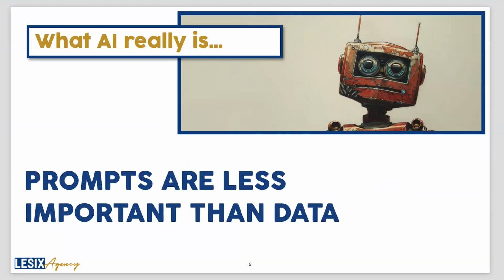When you take into account what AI really is, it is less about the prompts that you put in, and more importantly about the data that you give the AI to evaluate. So again, we go back to that question. I want to ask ChatGPT what the best kind of chocolate cake is. But what is more important in helping ChatGPT get an answer that is useful to me is providing it recipes of what a chocolate cake might be.